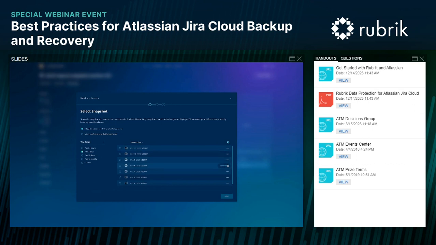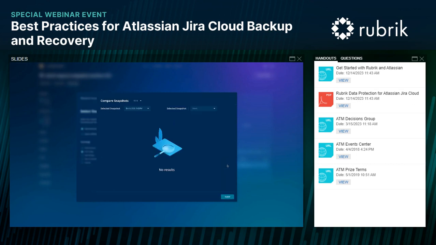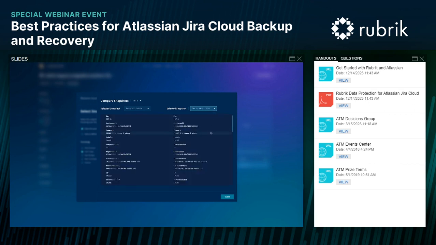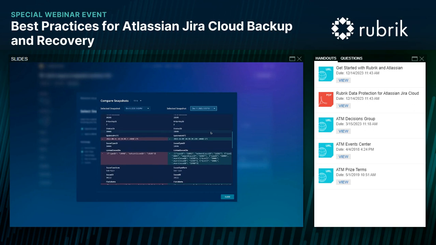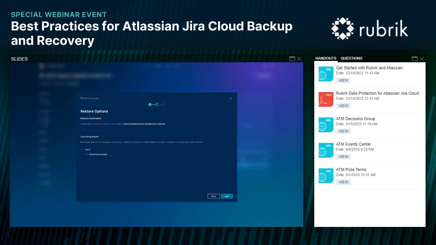To do additional troubleshooting, we can also compare the snapshot prior to the changes picked up by the Analyze feature. And as we scroll down, we can see the highlighted changes of this particular subtask. It looks like there are additional links added that cause the confusion. Now that we have confidence in the changes we are rolling back, we can continue with the recovery.